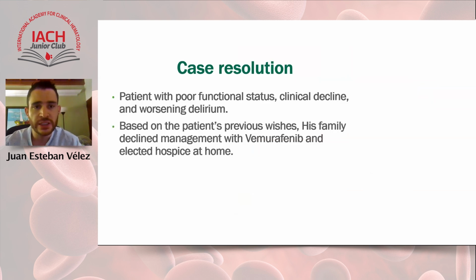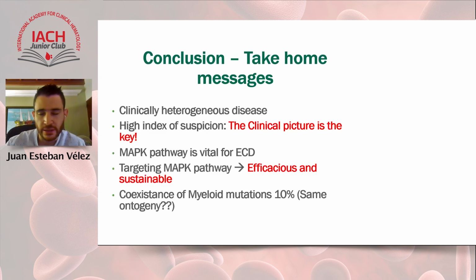Just for closing the case resolution, the patient had a really poor functional status. The clinical status declined and he had worsening delirium. Based on the patient's previous wishes, his family declined the management with vemurafenib and elected hospice treatment, right? So the conclusion and take-home message is that it's a clinically heterogeneous disease with a need for high suspicion,